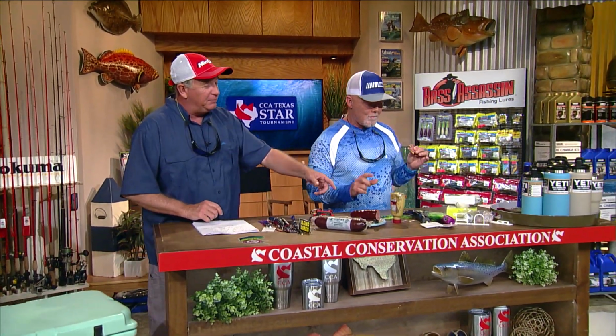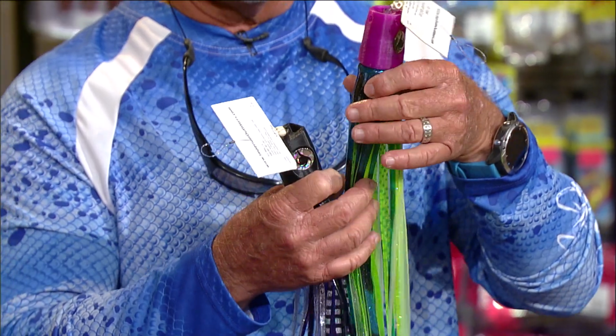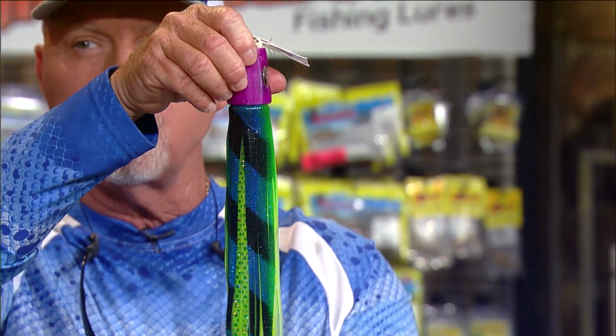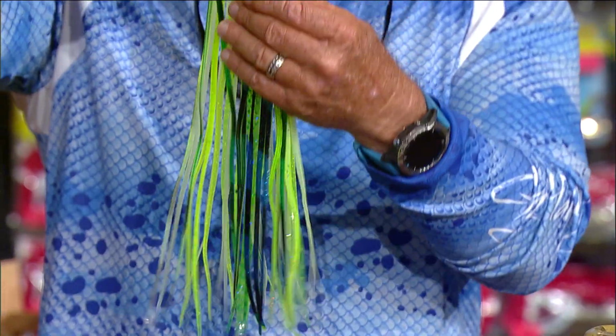All right, next we have some Imperium Outfitters lures. We saw these at ICAST, and what really makes these lures different is that they are made with thermal printing, 3D printers. They have 20 of those machines running at all times, and they can put in all kinds of weird designs that you can't get on a lathe, and holes drilled in places where you could never get a drill to go straight through. When they print the lure, they can put anything down the middle that they want, all kinds of chambers and